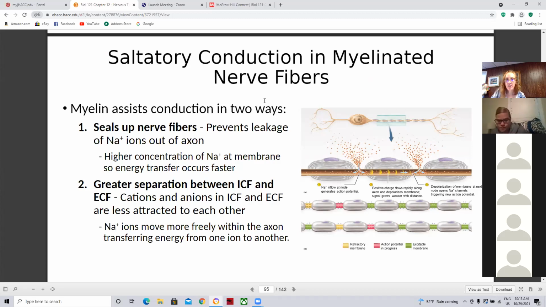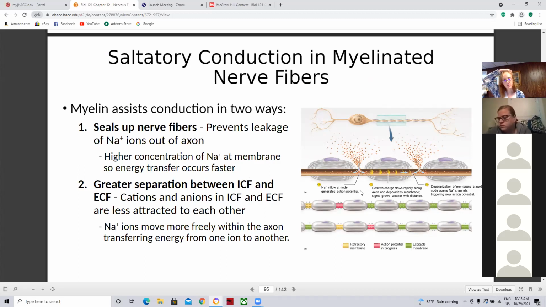So myelin assists in two ways here. It seals up nerve fibers. It prevents leakage of sodium ions out of the axon. The higher concentration of sodium ions at the membrane allows for energy transfer to occur faster. The greater separation between the intracellular fluid and the extracellular fluid means that,